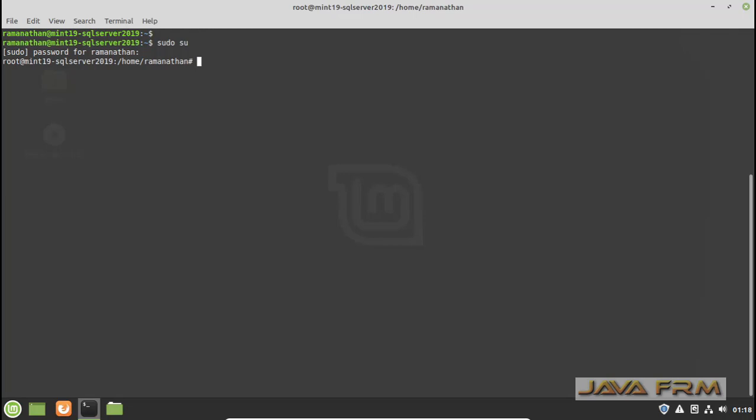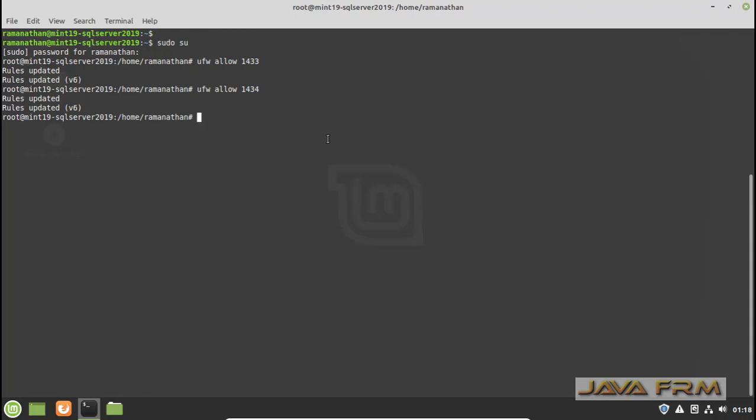Okay. So this is the command: ufw allow 1433. So 1433 is the main port. So I am unblocking the optional port also, 1434. So I have unblocked two ports, 1433 and 1434.